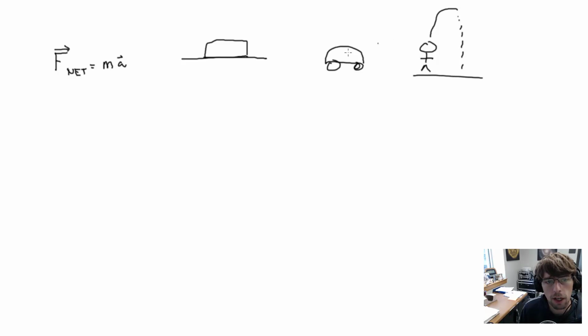So you'd have all of these different situations. And the thing I would like to point out to you now, since we haven't talked about it very much, is when we want to model our system, whether it be a box on a table or a car on a road, or a person jumping,